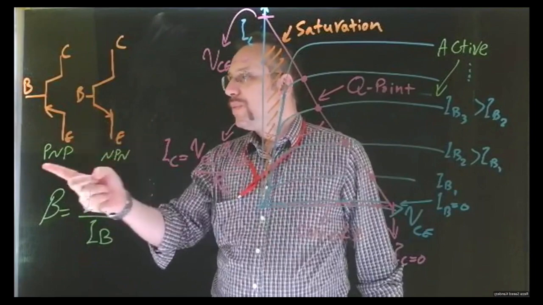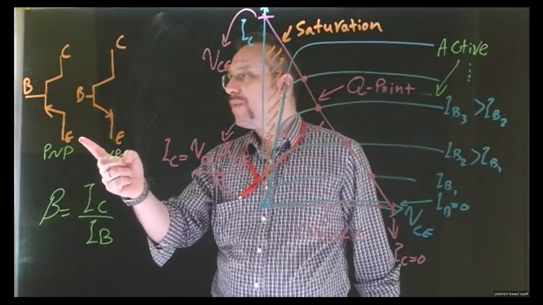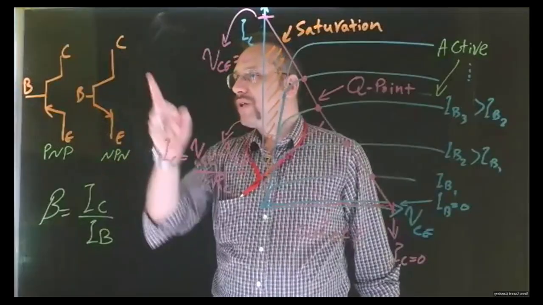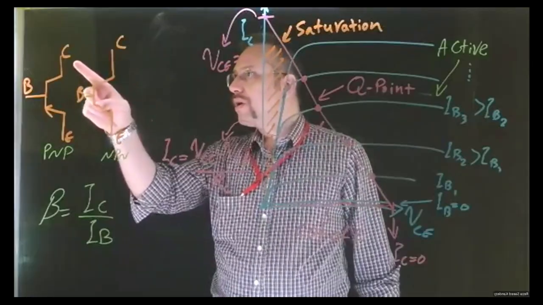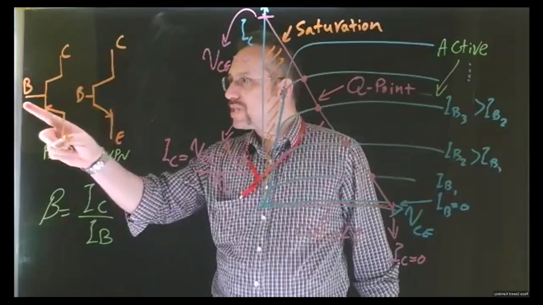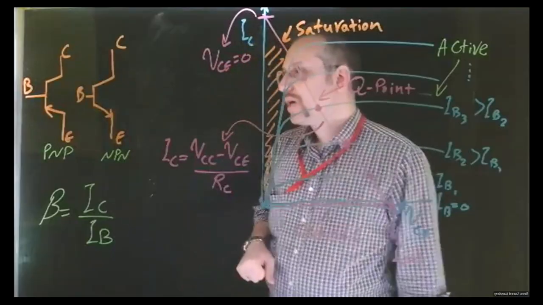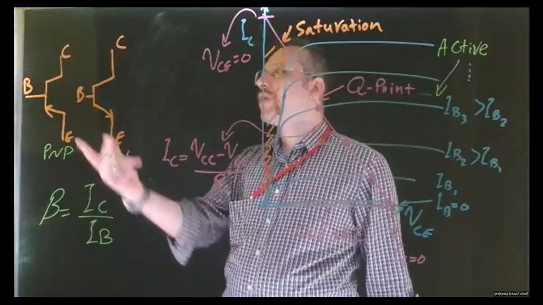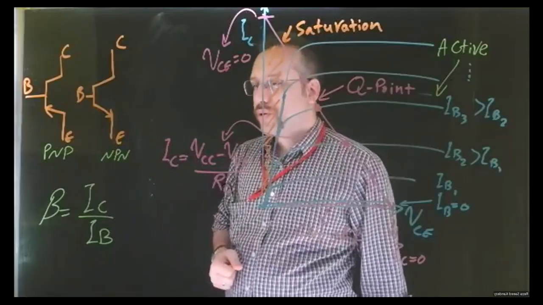You see, in PNP, we have the current from emitter to collector, and in NPN, we have collector to emitter. Now, these three terminals, as you know, are collector, emitter, and base. We use the base to trigger